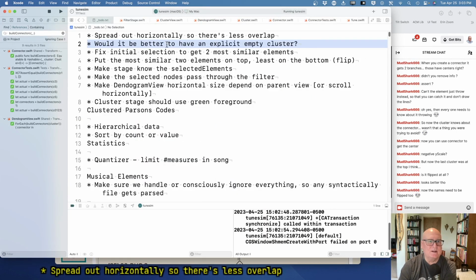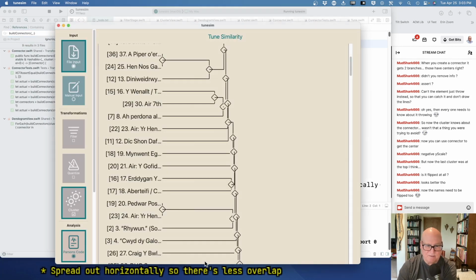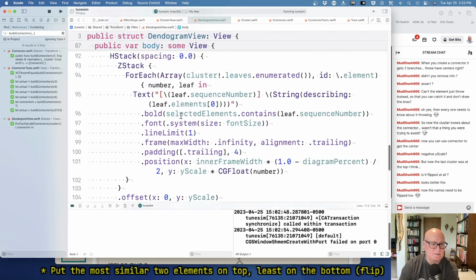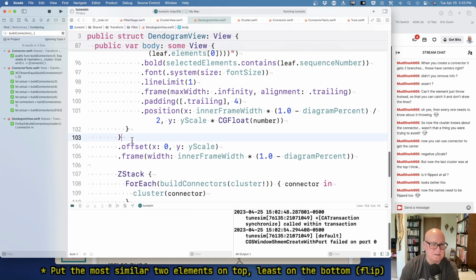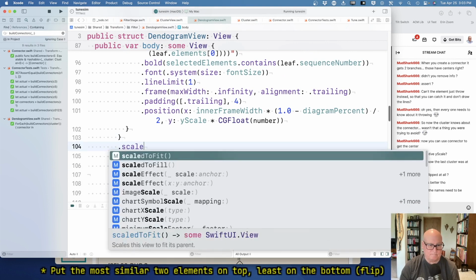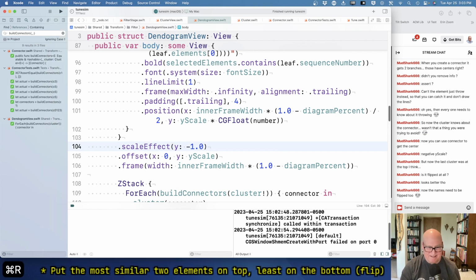Let's make sure we are. The flip. Let's do that. Okay, I mean, the cheap flip is going to look ugly. Dendrogram view. So if we flip these, y colon minus 1.0. I expect the names to flip too, so